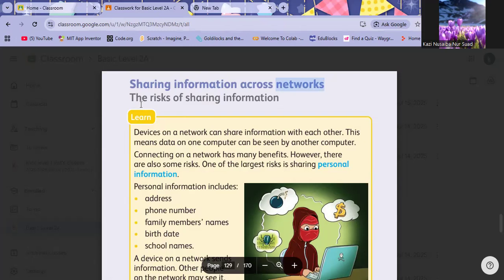School names is not really personal information, but it's just personal information. So yeah, if you share one of your personal information, like your phone number, on a network, a person that you don't trust might be trying to find that personal